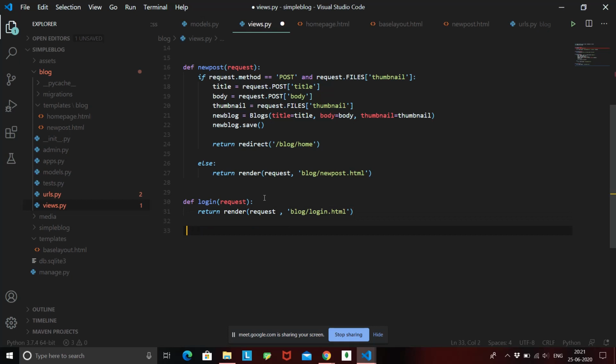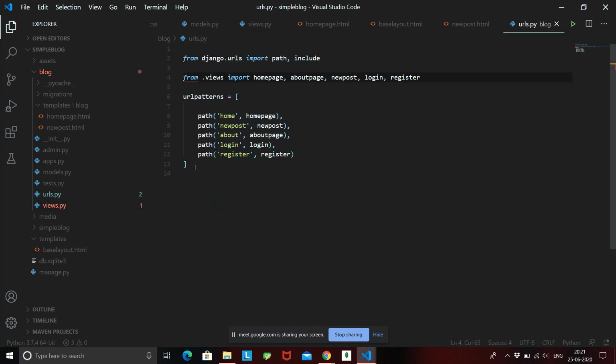And then we also need a page for register. So we'll define register request and then return, and this is going to render out the register page. So we'll just say register.html. Okay, so I hope everything is clear till now. We don't have to go much into detail because this is the cycle that we are repeating from the first day. URL will call a function and that function is going to render out an HTML page.